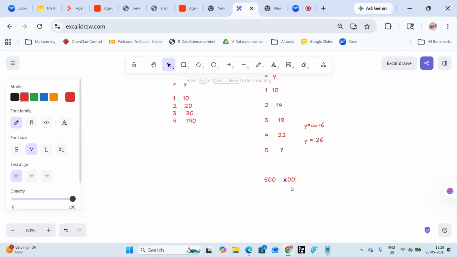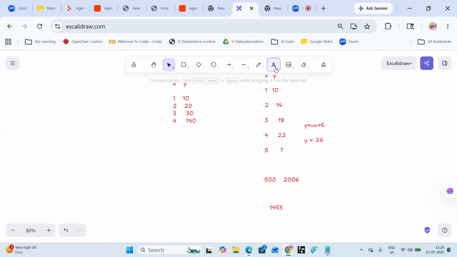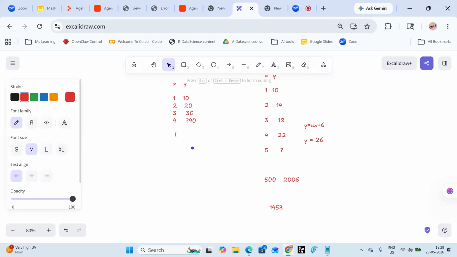But if we have a larger number, how to guess? If you get some uneven number also, like 1453, what will you do? 1453 into 4 plus 6. That's it, you'll get an answer. In the same way, whether it is larger or smaller doesn't matter for a machine. So what is the equation? y is equal to 4x plus 6.